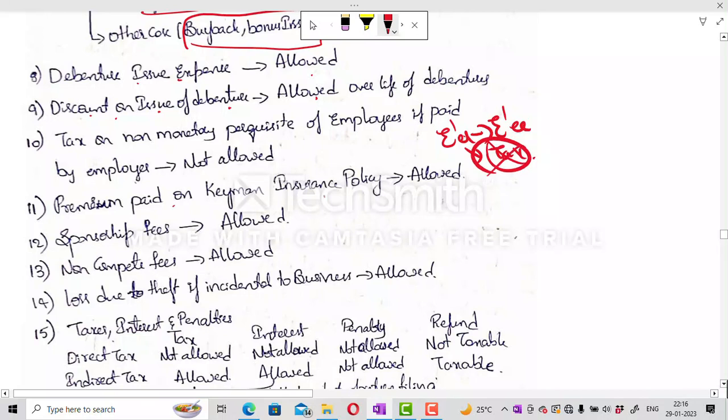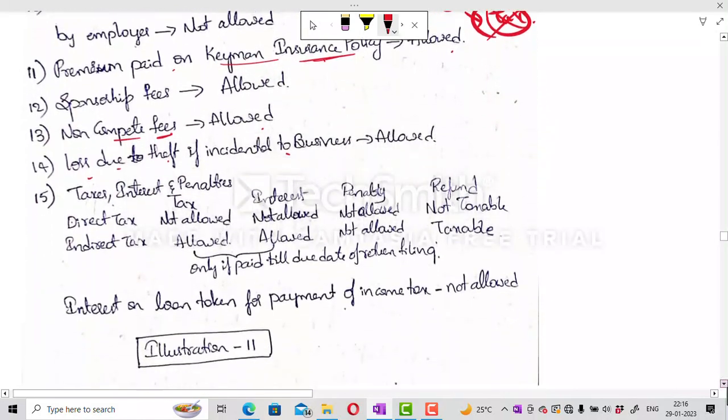Premium paid on a Keyman insurance policy is allowed. As we discussed at the start, the business will be paying the premium for the Keyman insurance policy. All that expense will be allowed because it is for business. Sponsorship fees are also allowed. Non-compete fee is for business, it is allowed. Loss due to theft, if incidental to business, is allowed. Finally,